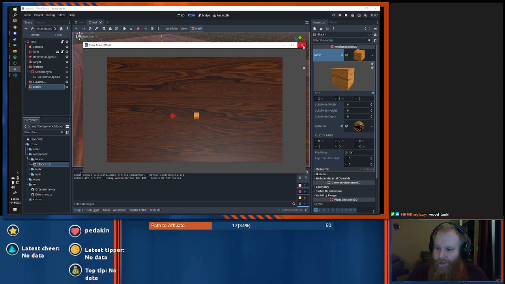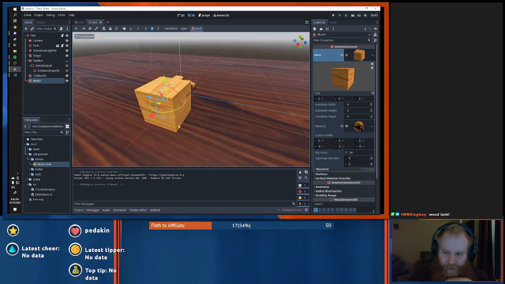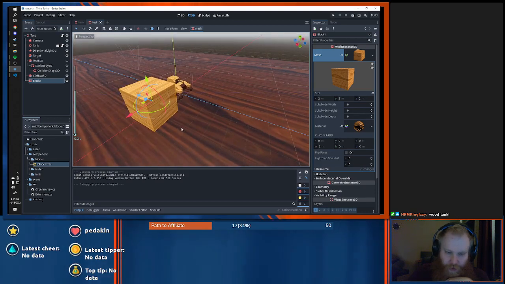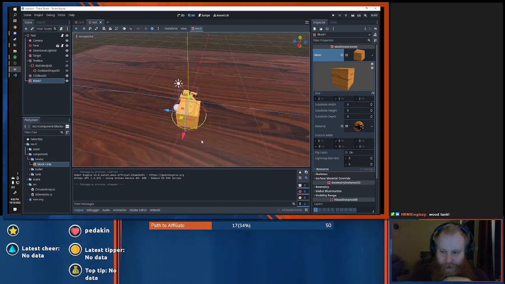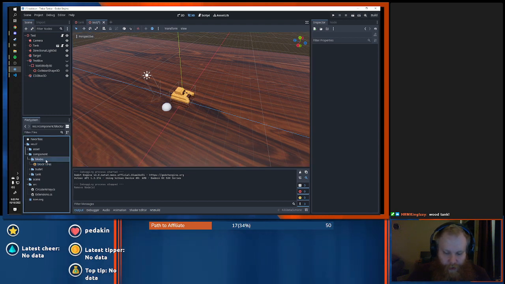So what I'm going to do is make an actual object. Right now, this is just a base mesh. It doesn't have any logic. Basically, all it can do is be drawn by the engine. It's not going to have any behavior or anything, so I'm going to fix that. I'm going to remove that, and we're going to make a full block entity instead of just the mesh here.